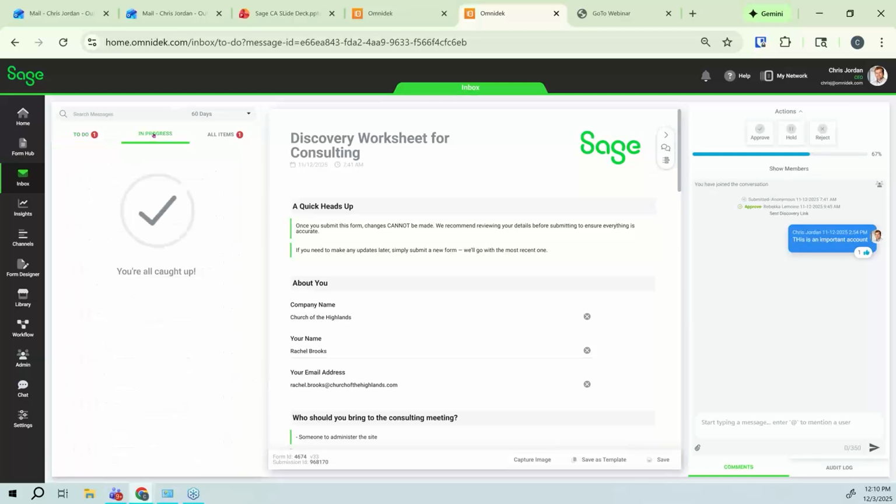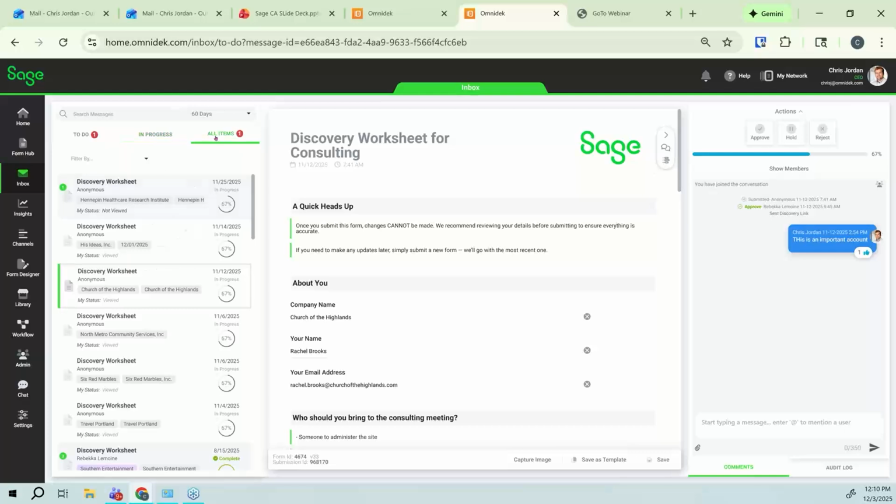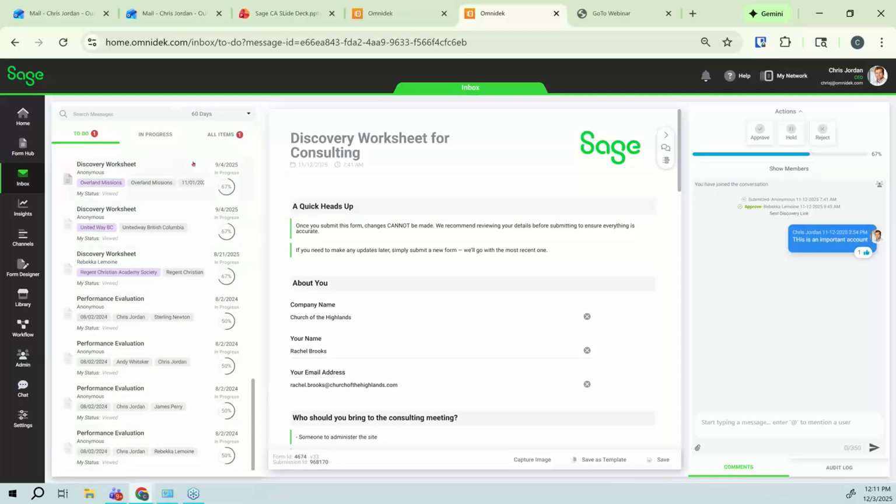Your in progress are things that you've already dealt with, but they haven't made it to Intacct yet. So you can keep an eye on that PO that might be a larger sum. And then also, all items would be everything that's ever passed through your inbox. So if you can appreciate this, we have a single hub for all of the forms and a single place